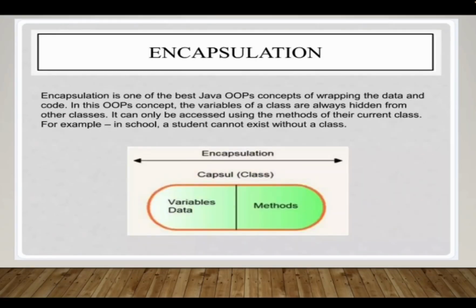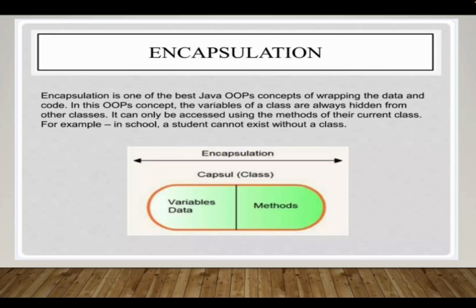Encapsulation. Encapsulation is the practice of wrapping data and methods within a single unit or class. It's often achieved by making the data private and providing public getter and setter methods. This protects data integrity by allowing controlled access to the variables. In simple terms, encapsulation is like putting all the details of an object inside a box, only allowing outside interaction